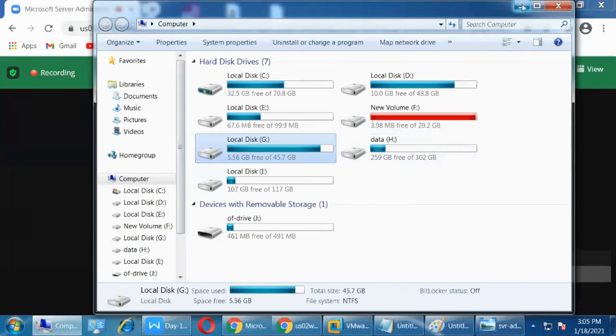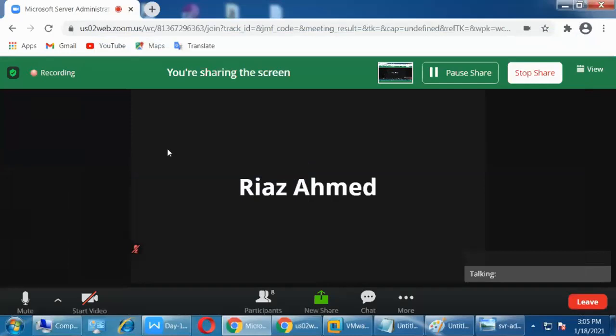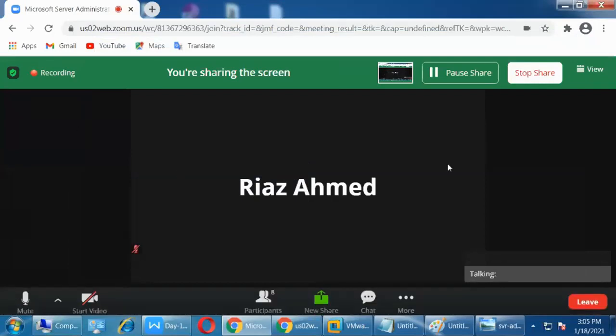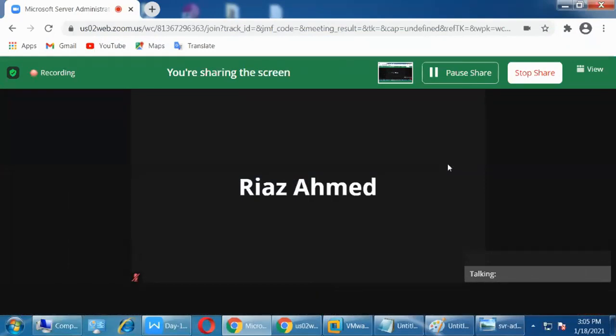But FAT16 supports only a maximum of 2 GB. If you want to make a hard disk partition of more than 2 GB, 10 GB, 15 GB, FAT16 doesn't support more than 2 GB, but FAT32 does support it. Clear? Yes, sir. Clear.